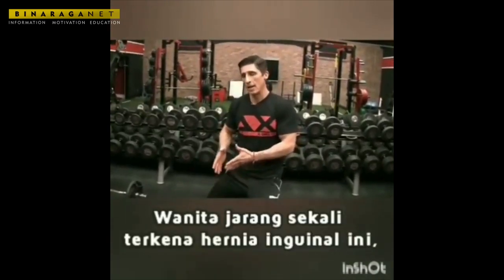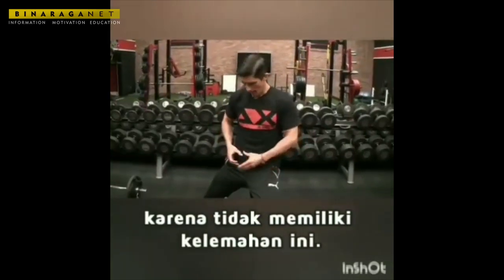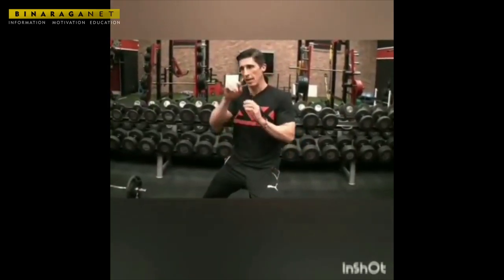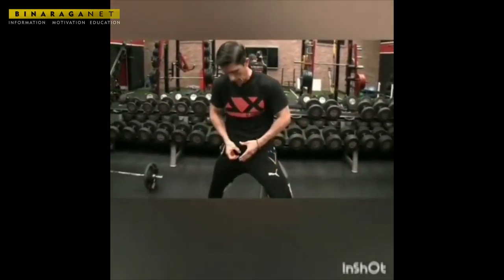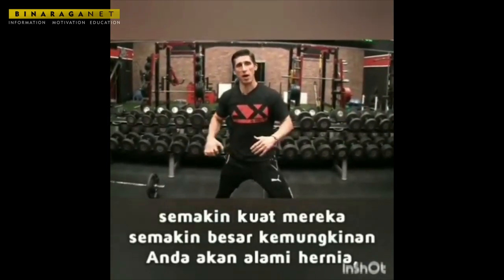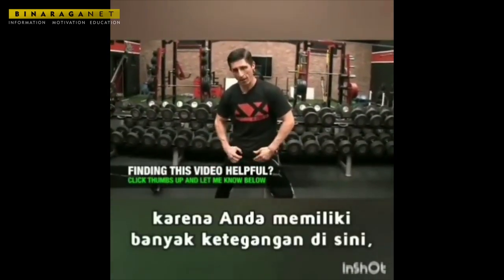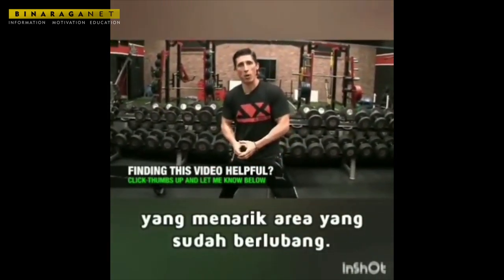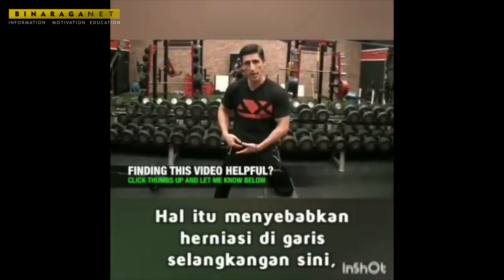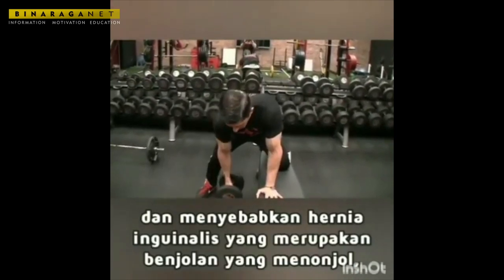Women don't have nearly as many hernias and inguinal hernias because they don't have that element there. They don't have that pre-weakness already compromising the abdominal muscles. So by fact that you have a hole already in place, even if your muscles are very strong, as a matter of fact, I would argue the stronger they are, the more likely you are going to incur a hernia, because you have a lot of tension in here that's pulling on an area that already has a hole. That leads to the herniation right here in your lower abdominal region and causes that inguinal hernia,